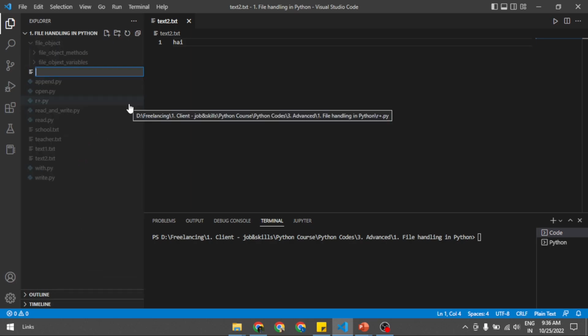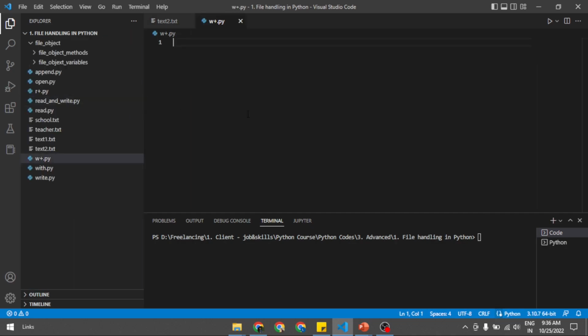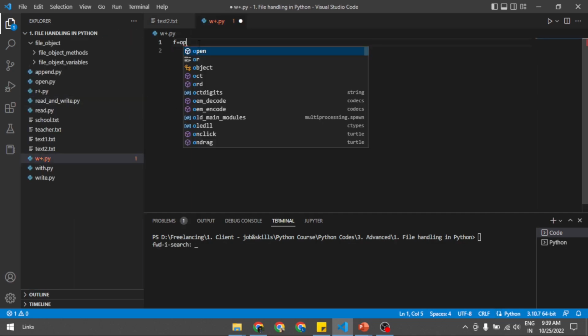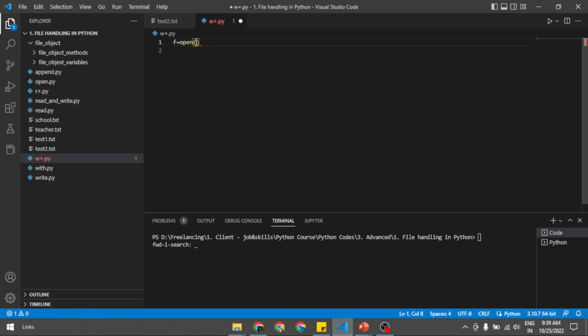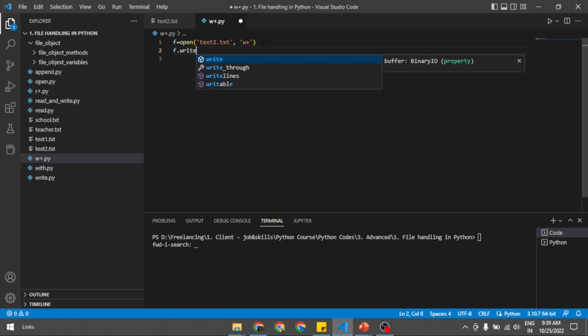Then I'll open it in W plus dot py file. Now let us do some operation on the text2 file, text2.txt. Next, here W plus. Now let us write f dot write